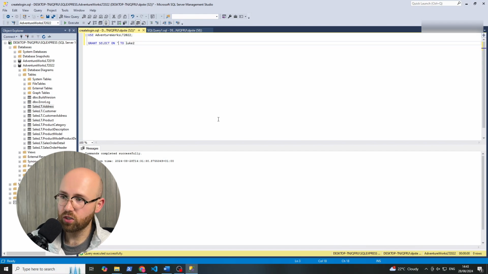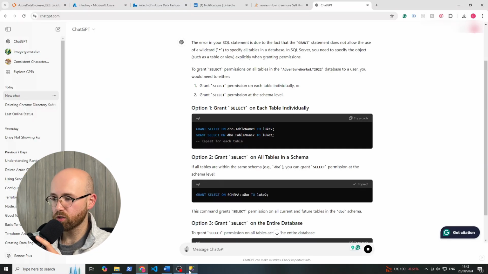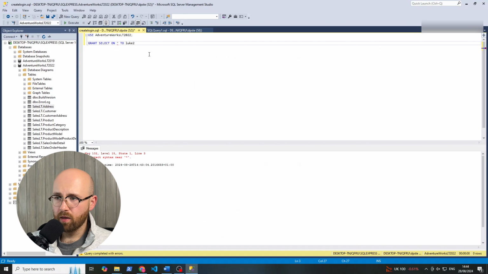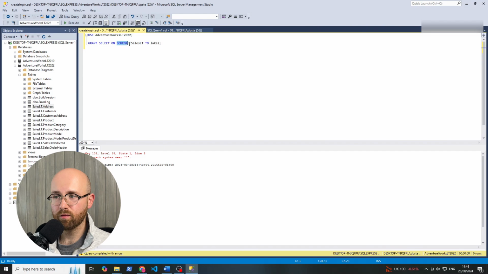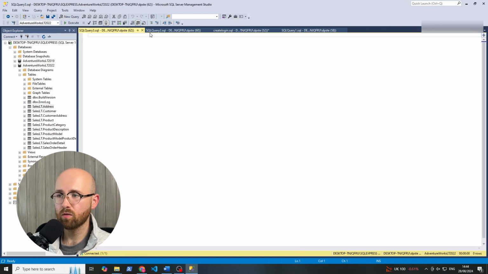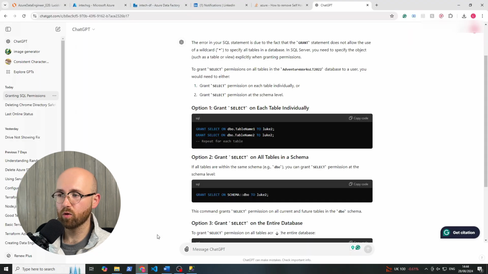Now if we change this to star and run execute, right, so we've just chatted to our trusty pal ChatGPT, because I forgot you can't wildcard on that. And so we're going to grant select on schema. We'll do sales LT to me. So every table in that schema we will now have access. And so if we, whoa, didn't mean that one. Well done. If we now execute this, that's complete. And we go back here,